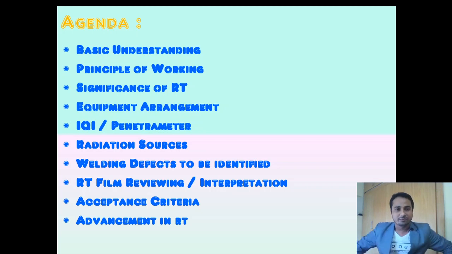Then welding defects which can be identified, then RT film viewing and interpretation, then the acceptance criteria, and last and the most important is the advancement in radiography technique, meaning in the current era, in 2020, where we are in the field of radiography.